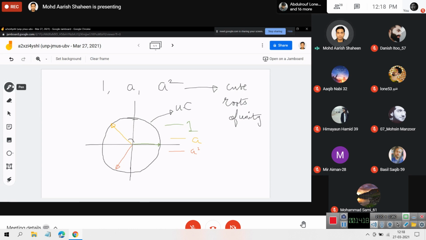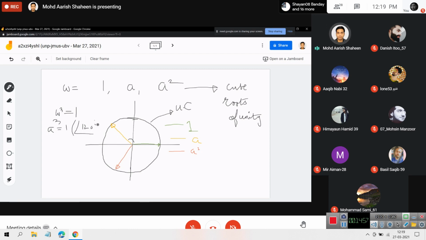Okay, so there are some interesting properties, let's revise them. Let's assume I will use the word omega. Omega can be 1, it can be A, it can be A square, because these are cube roots of unity. Omega raised to power 3 is always equal to 1. Okay, we can confirm it from a manual calculation as well. So for example, A is 1 at an angle of 120 degrees. If I raise to power 3, 1 raised to power 3 is 1.